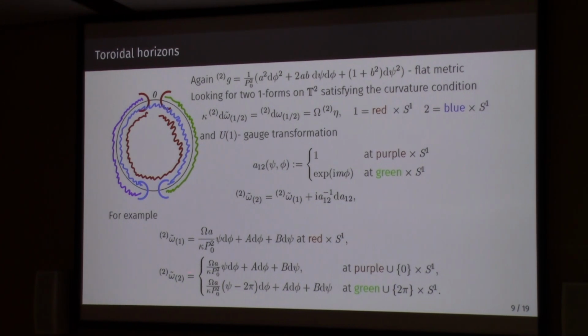Well, maybe the second one is written somewhat strangely, but it's actually a smooth one-form, and the fact that it's defined piecewise, and also that we have this strange psi minus pi, is just an artifact of the fact that psi is not really a globally defined coordinate. Okay, so